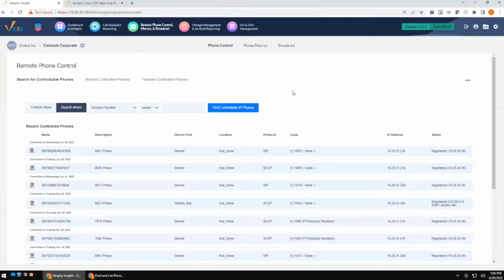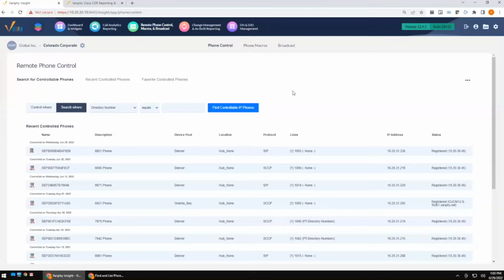Most recently, I worked with a customer that had about 5,000 phones, and they needed to disable the alternate SFTP or TFTP addresses. So we were able to create a couple macros and save them a weekend of running from phone to phone. So let's go ahead and jump right into it.